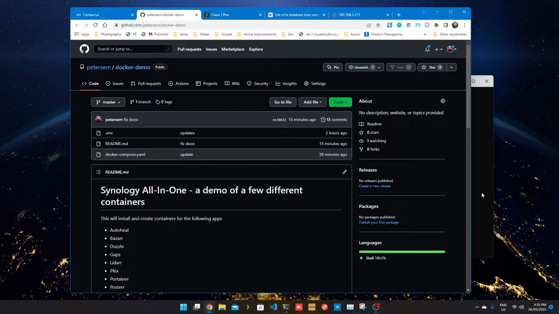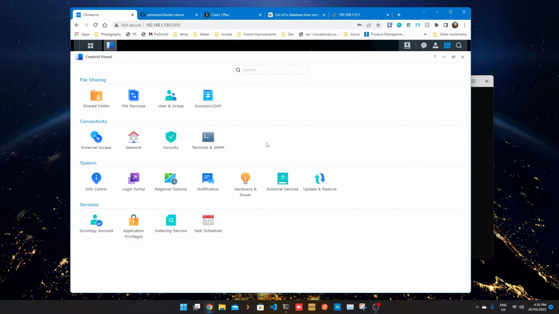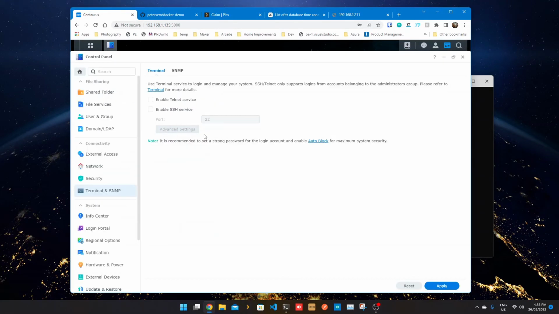So let's go over to DSM, and if you log into DSM, and then go to Control Panel. Now under there, go to Terminal and SNMP, and enable a thing called SSH. This stands for Secure Shell. We're going to be using effectively a terminal to run a couple of commands to